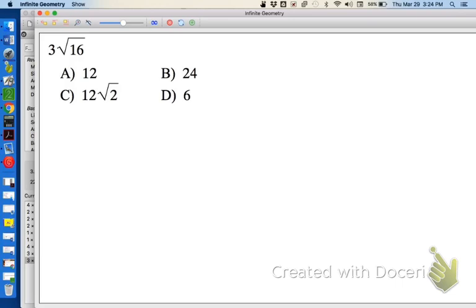And first of all, I wanted to explain that the operation that these two are speaking to each other is multiplication. So you don't have to have that multiplication symbol there, but the implication is that it's 3 times the square root of 16. Well, we know the square root of 16 is a perfect square. And we know that